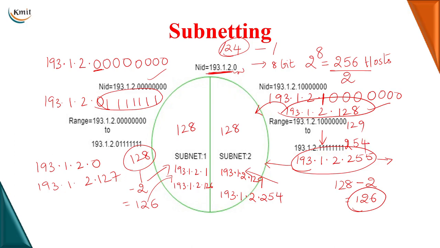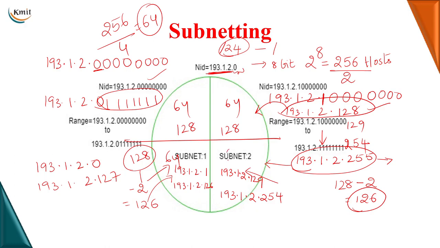So this is about subnetting, where I am taking a network address, an IP address, and dividing it into 2 parts. If you would like to divide it into 4 parts, you will get 256 divided by 4, which equals 64 hosts in each network. So it will be like this: 64, 64, 64, 64, and each one of them will have its network ID and its broadcast ID, and the valid addresses